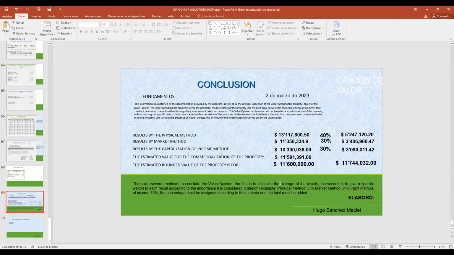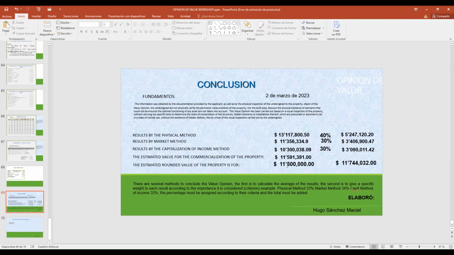The first is to calculate the average of the three results. Or we can choose one of the three, the highest or the lowest. You need to decide.